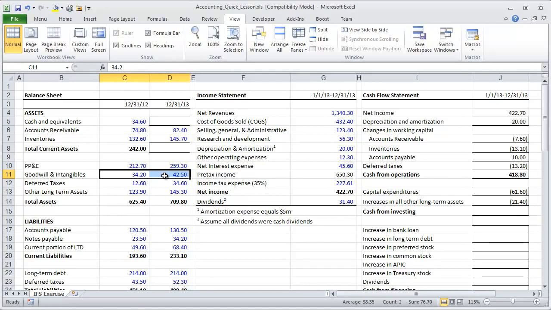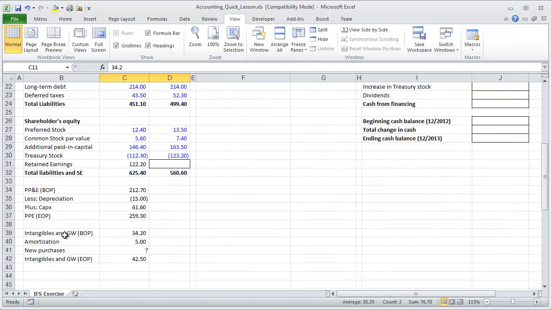And the answer is not quite, because very similar to property, plant, and equipment, there's something fairly systematic that also reduces intangible assets, and that is amortization. We know that amortization during the period was 5 million, and so this increase is actually net of that 5 million. So if we scroll down below and do a similar sort of calculation for intangibles, where we start with